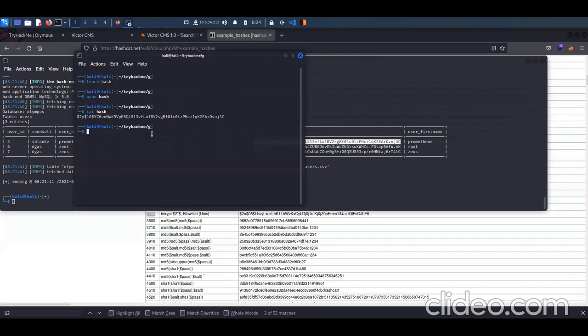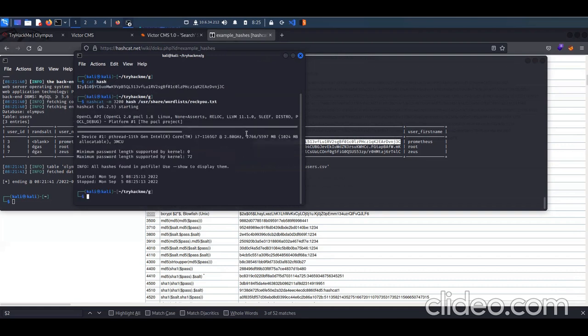What we need to do is use this hashcat tool, and we use mode 3200 to represent this bcrypt hashing algorithm. Hash is the name of the file we'll be cracking, and I'll be using the RACU. Let's see if I have to use that. Okay, so